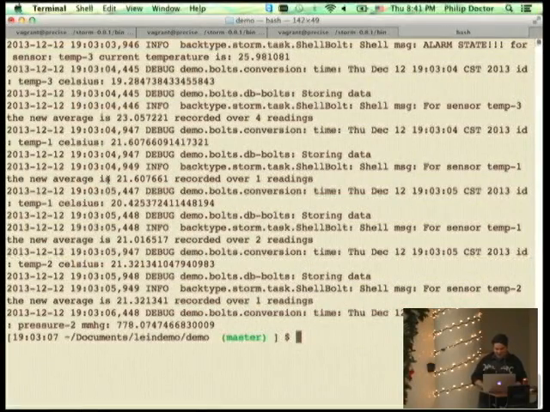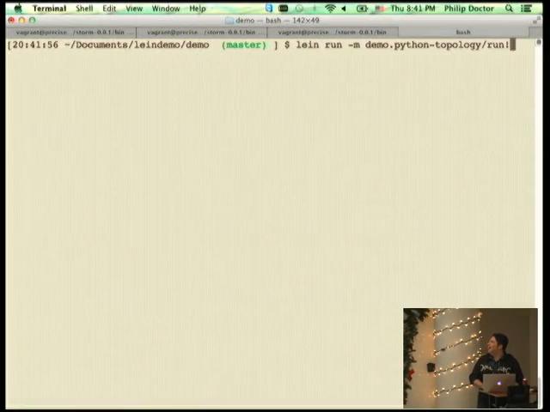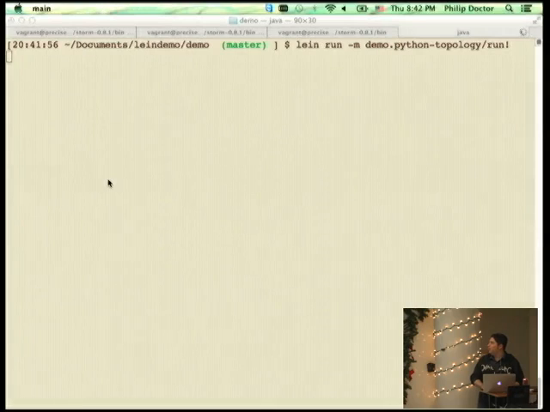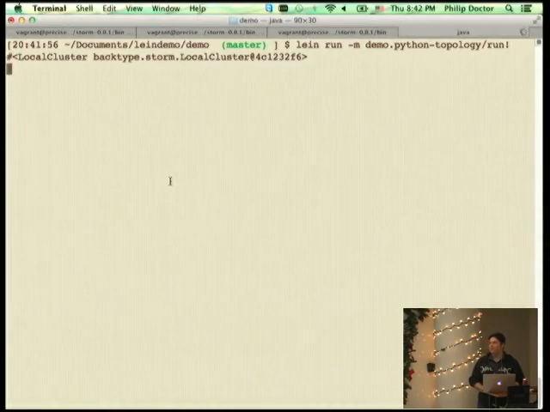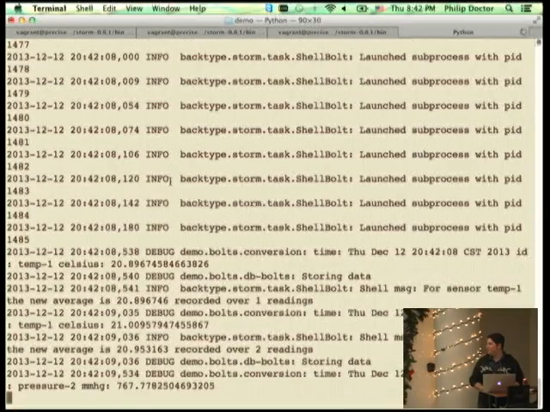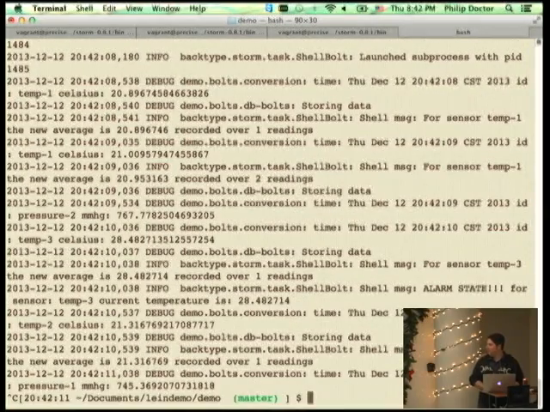My coworker suggested that I quit it before I run it so it doesn't accidentally take down my demo. So thank you. All right, so I'm going to run this for a second and then stop it so we can just take a look at the logs, because logs are so exciting. Front-end people have shiny things to point to, and back-end people point at logs. And I'm like, oh, it's so great.